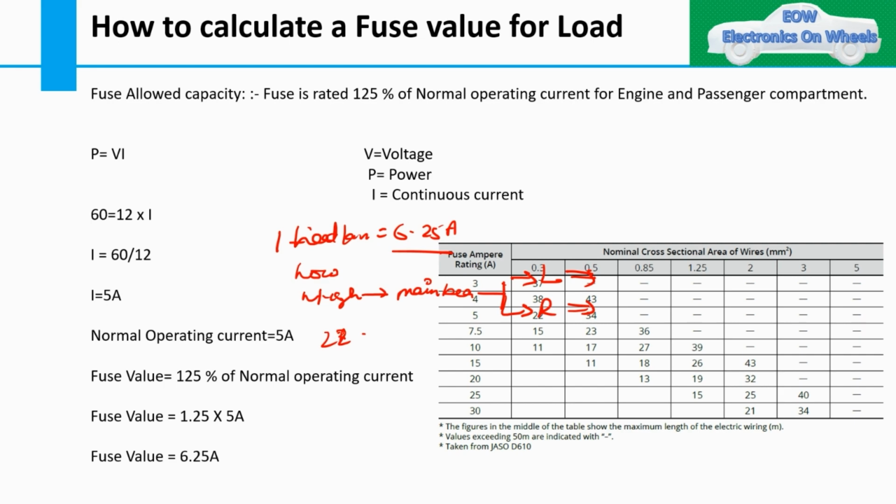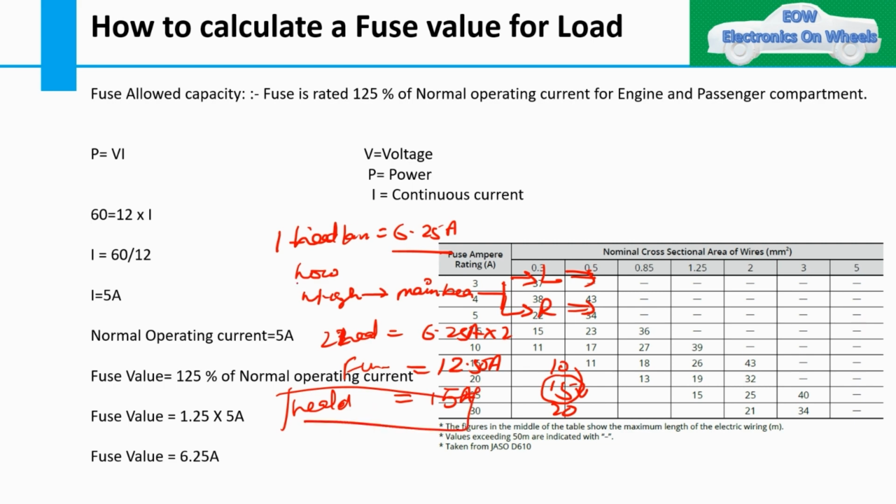So if I calculate the fuse value for two headlamps, that would be 6.25 into 2, that would be around 12.50. If 12.5 is the fuse value, then if you see here, as I told you, 10, 15, 20, this is the value. So 15 amps is the value for the headlamp